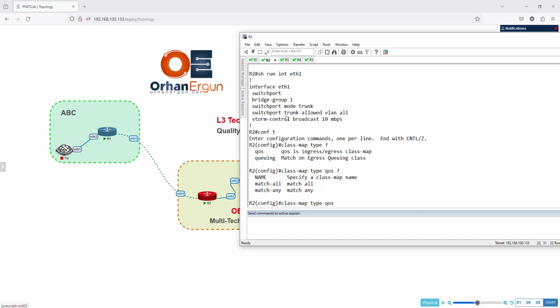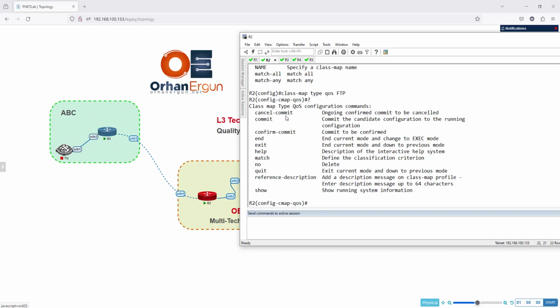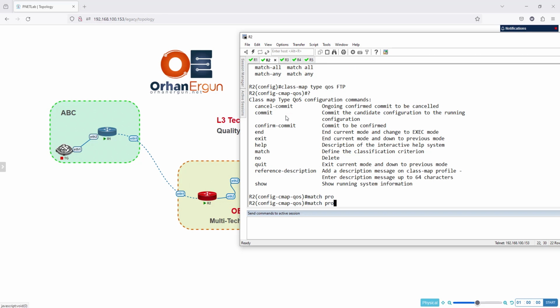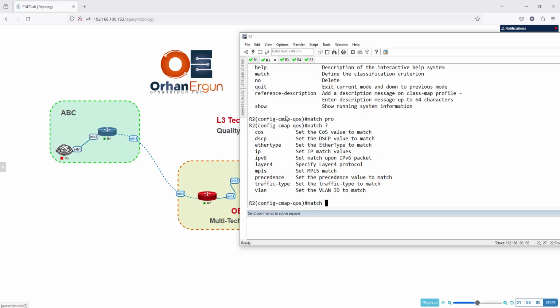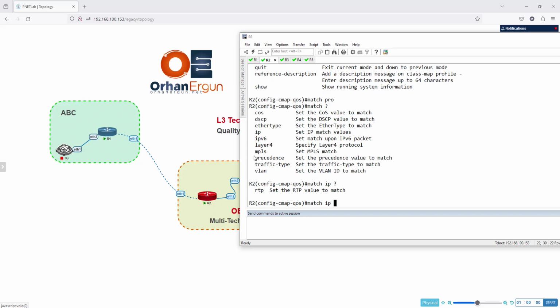That's okay. So let's say that I'm going to say that just a name. Match all is going to be the default. So I'm going to say the type is FTP. And under that, I can just use any different types of matching. So I'm going to say match. You can say match protocol, match IP address, match different things that are possible here. So in here, for example, I can say match IP, and after that, not IP, of course, match,